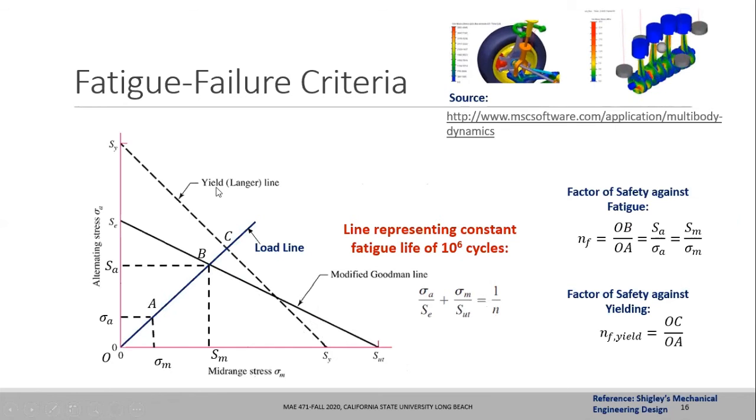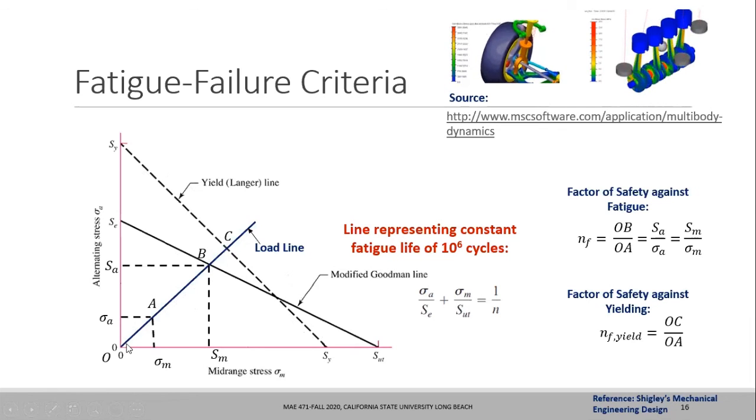Now there is another line that you are seeing here, a dotted line, that is basically connecting yield strength on the y-axis and yield strength on the x-axis. This is called the yield line. It basically tells you whether the failure is going to take place as yielding or as a fatigue fracture. So here you see the first line that is encountered is the fatigue line. That means using these stress values, you are going to see fatigue failure first before yielding takes place. There may be situations where yielding takes place first.